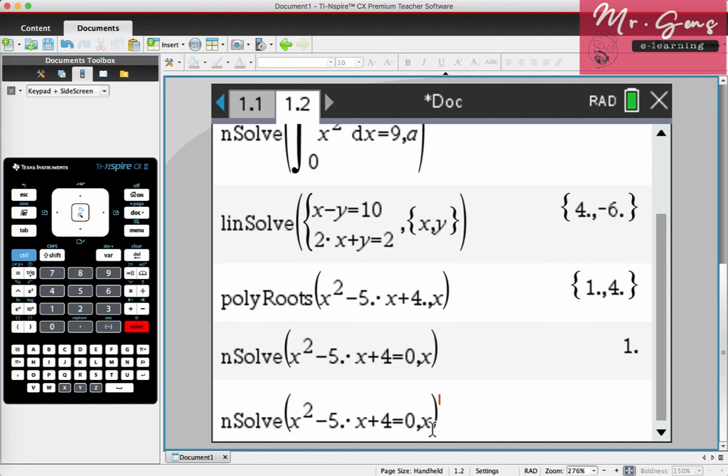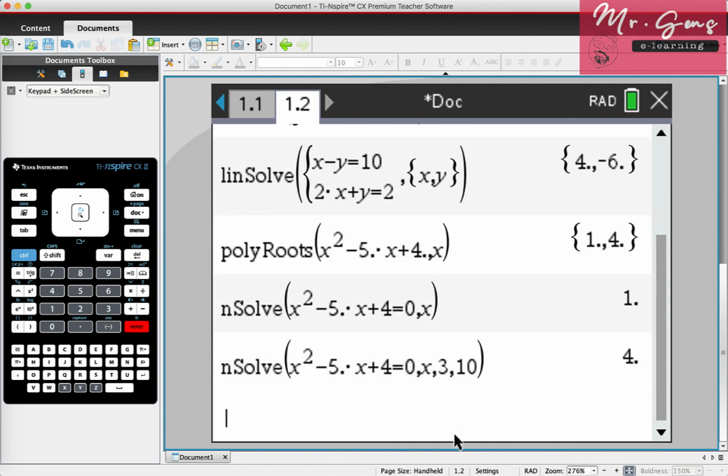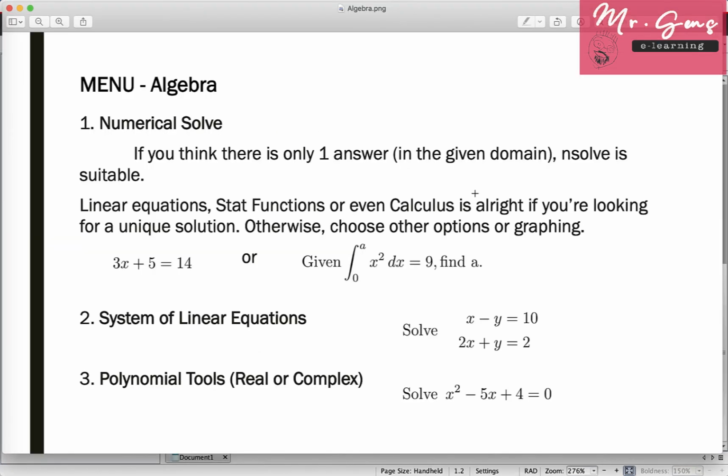If I use the same equation and if I specify the domain between 3 and 10, for example, calculator will give me the solution as 4. However, as I suggested, if you are not sure about number of solutions, try not using numerical solve. If your equation is a polynomial, use polynomial tool,